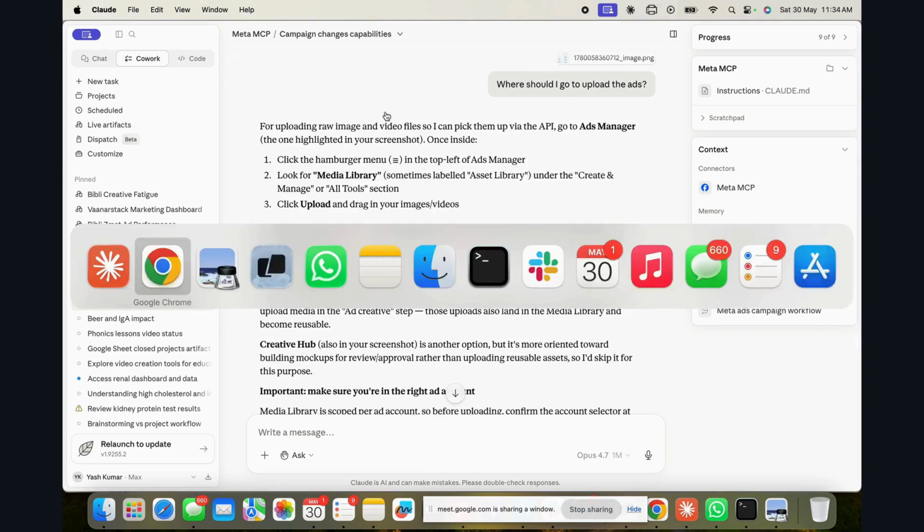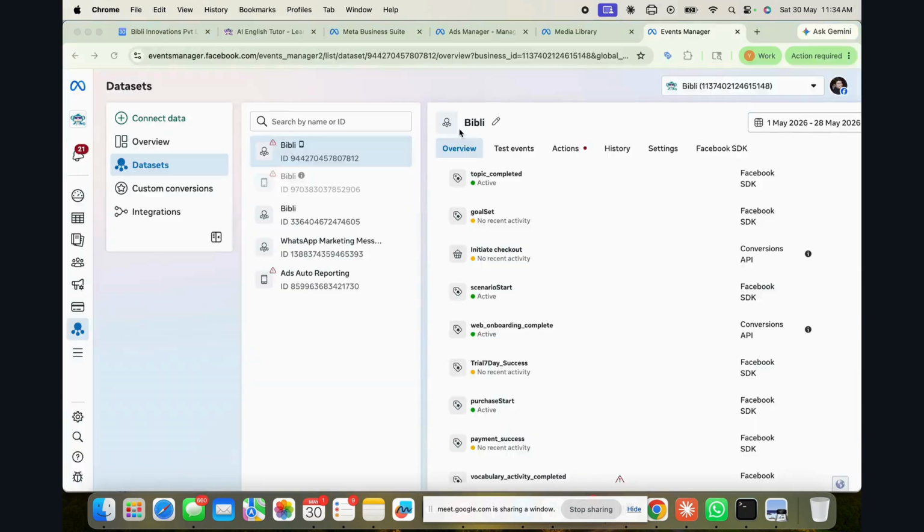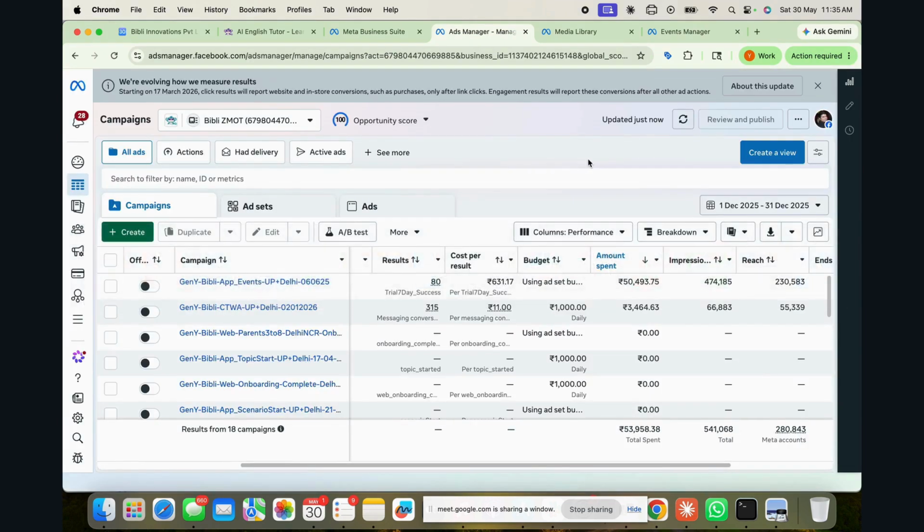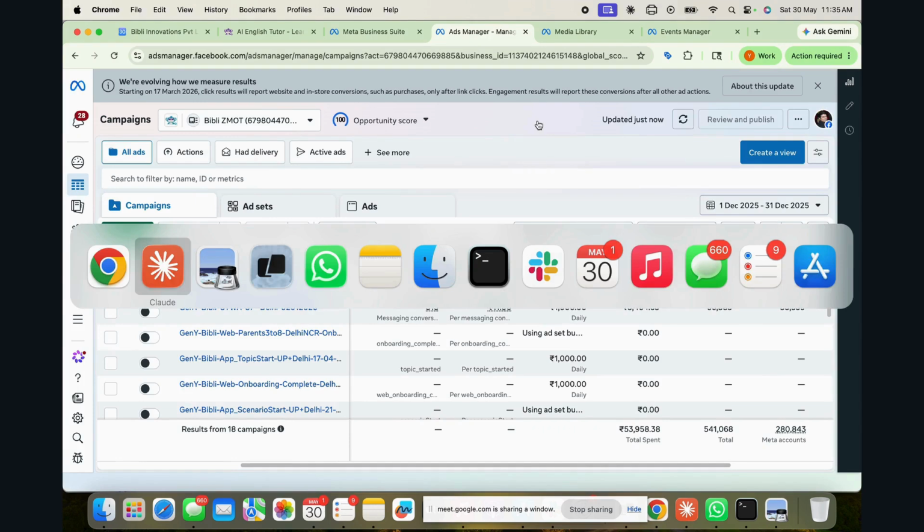Now, if you are familiar with Business Manager, this is a Business Manager account. Sorry, I'm sharing the window. I'll just switch to Business Manager to show where the media library is.